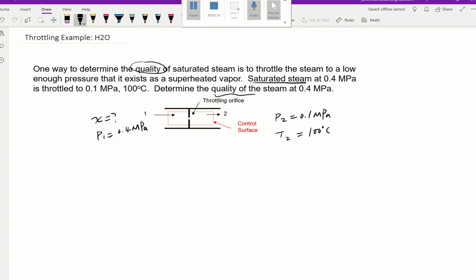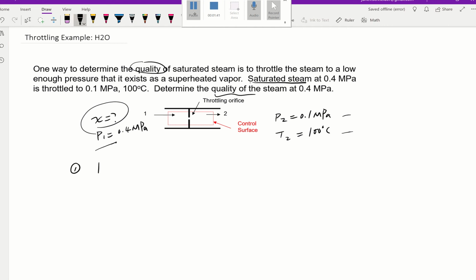Like I said, it's very ingenious to use the throttling process in order to determine the quality, right? Because we can totally measure the pressure coming in and the pressure leaving, and also we can measure the temperature. Then we can figure out how much quality there is at the beginning. So now let's take a look. How do we do so? The first step is,